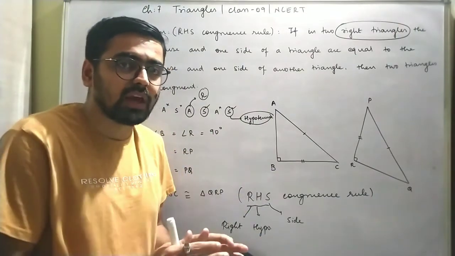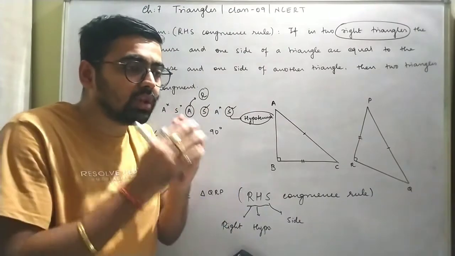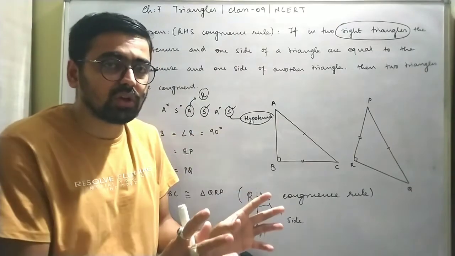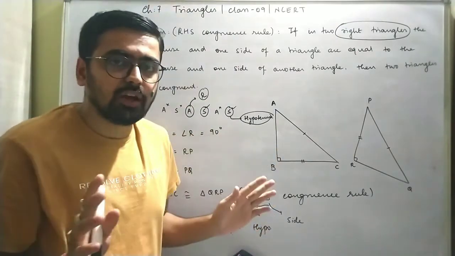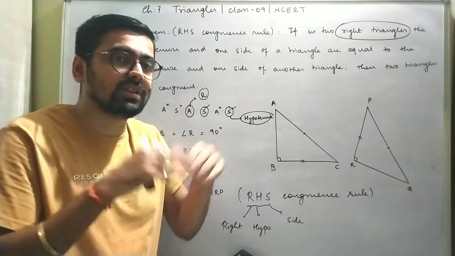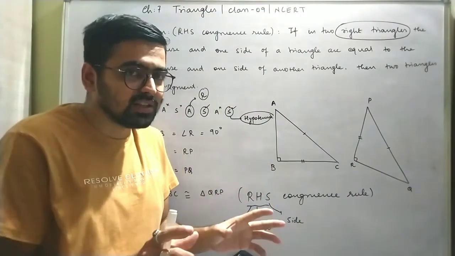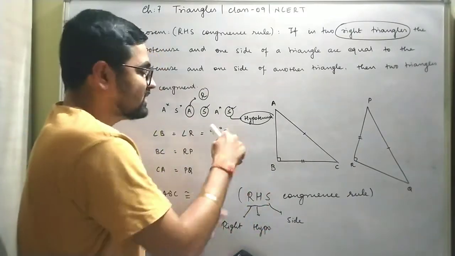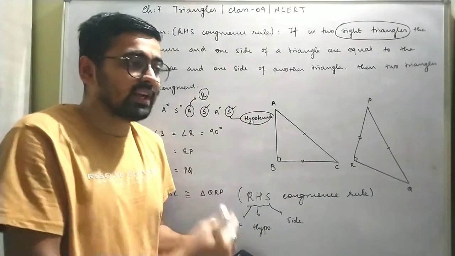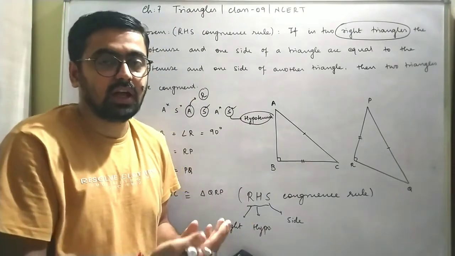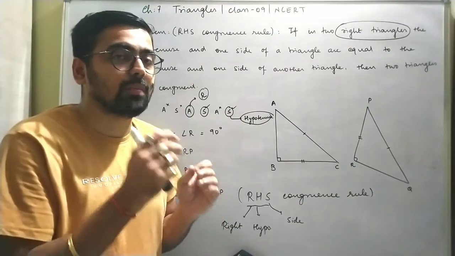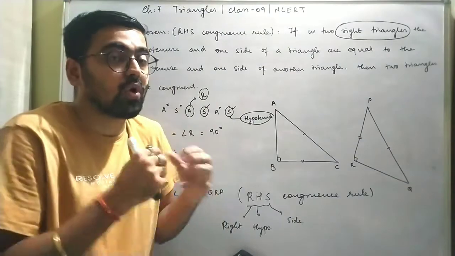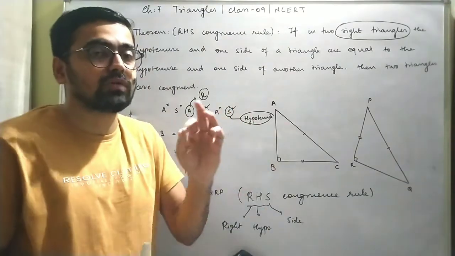So we have to be careful in such a way that all the criteria should be in the back of our mind. So when you read the question, when you draw the figure, because without a figure this kind of problem can never be done. You cannot imagine that much beyond. Correct. So the figure is very much necessary. The figure is helping you to get the correct idea. Go for the pattern as I am telling you. इस तरह से pattern follow करो and see which criteria it satisfies. है ना? But every criteria should be in the back of your mind, and then only you will be able to get a good amount of confidence to solve the problems of congruent triangles.